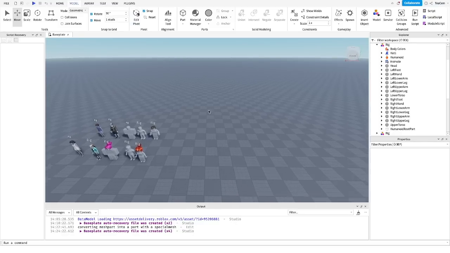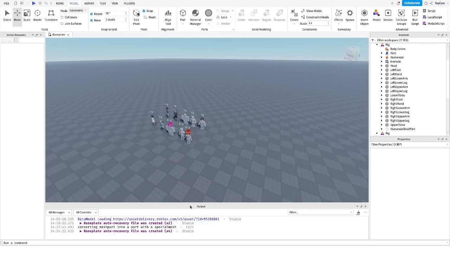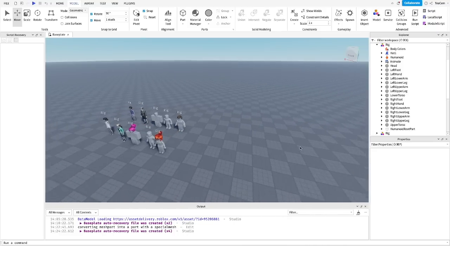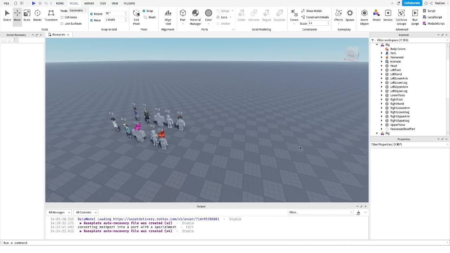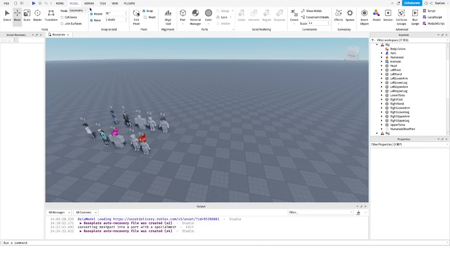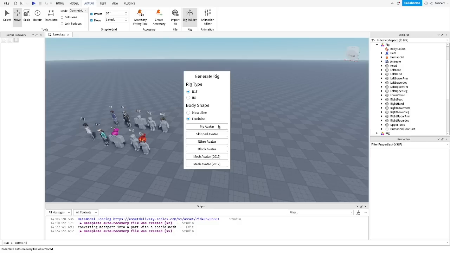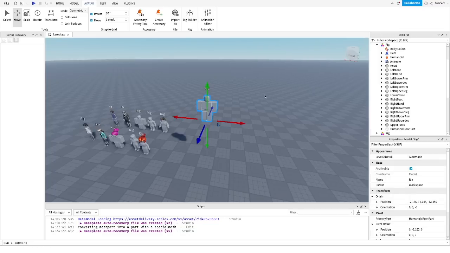So the first thing that I did in Studio is I deleted the spawn area even though you don't need to, and then just added a bunch of rigs. Now what I'm going to do is add another. Under the avatar tab at the top I'm going to go to rig builder, R15, and then make a masculine block avatar rig, which is just our basic